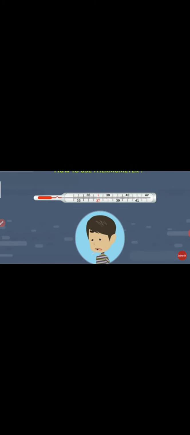Before using thermometer, you should wash it with some antiseptic solution. Also, give some jerks to it so as to bring the mercury level below 35 degrees Celsius. Now, place the bulb of thermometer under your tongue. Keep it as it is for 1 minute and let the mercury expand in the tube. Now, take the thermometer out and find out the reading shown by the mercury. Just now you have identified your body temperature. Here is a sample value which is showing 37 degrees Celsius and 0.4 degrees Celsius, that is 37.4 degrees Celsius.